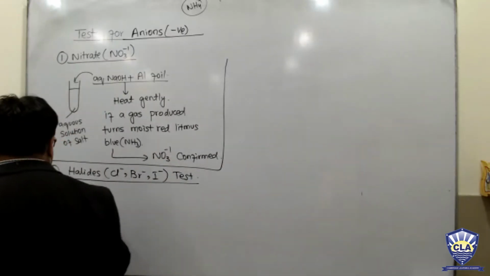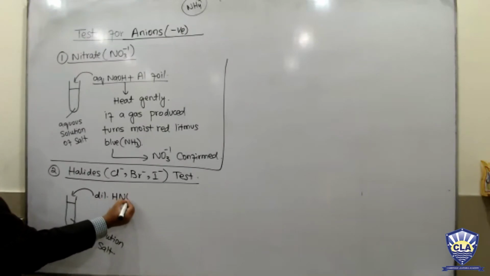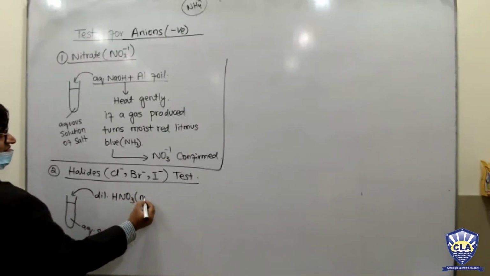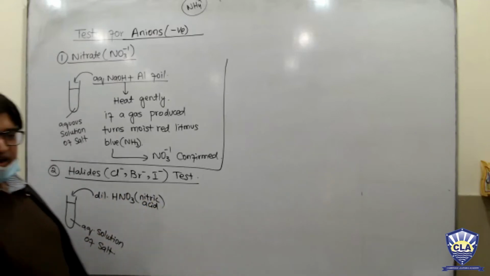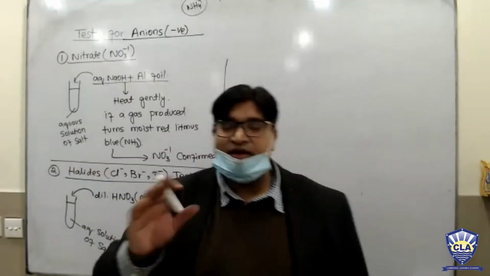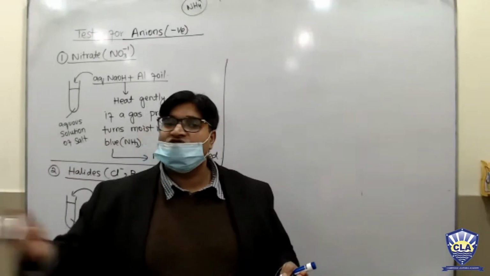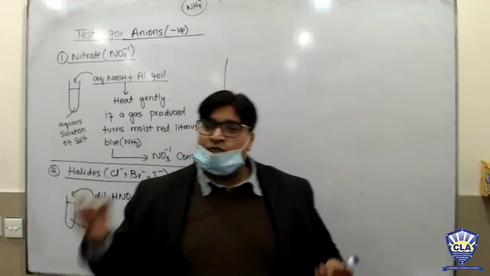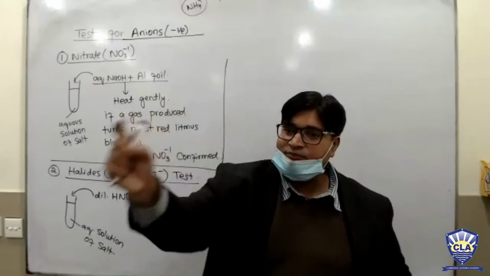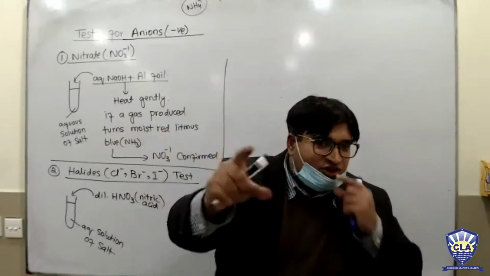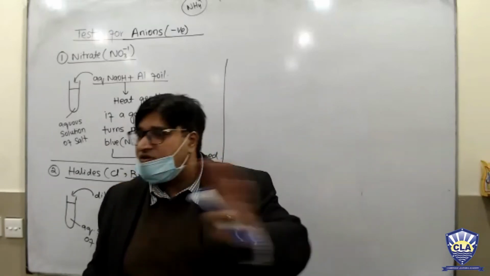The second thing you should add inside it is dilute nitric acid, HNO3. The function of the nitric acid is simple. Remember, my dear students, that all the salts are extracted from the soil, and in soil most of the salt is mixed with a little bit of carbonate. Every salt has carbonate present. So to destroy those carbonates, we add the dilute nitric acid. Otherwise, it has no other function.